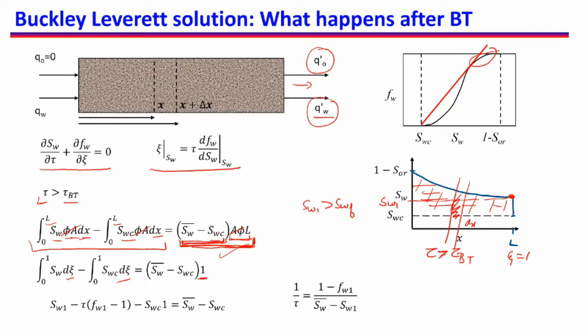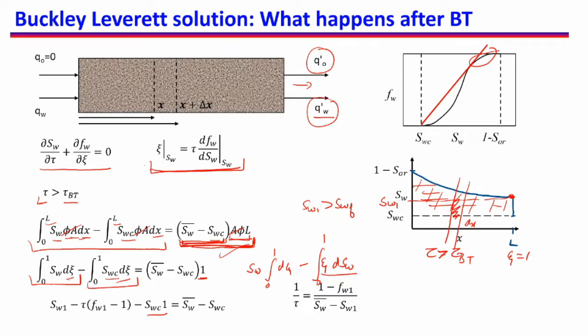Now again here we can integrate very easily because SWC is constant. The integration of d xi goes from xi 1 to 0, 1 minus 0, so this will be SWC multiplied by 1. For integrating this part we again use integration by parts. SW is constant, integral of d xi from 0 to 1, minus the integration of xi times the derivative of SW, again going from 0 to 1, and again xi dSW can be replaced using this with tau dfw.